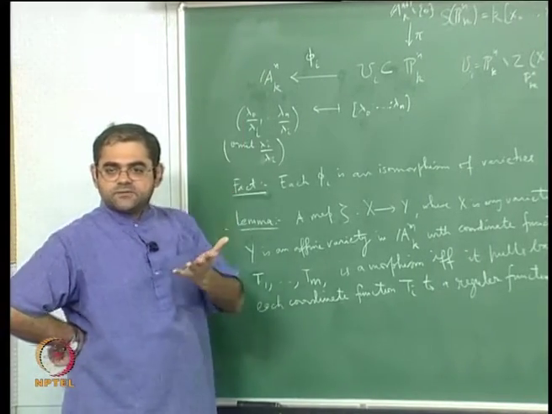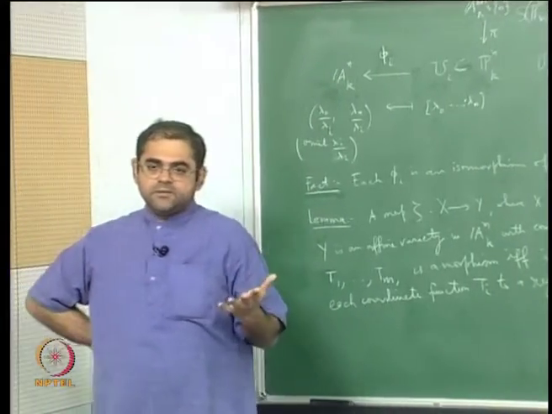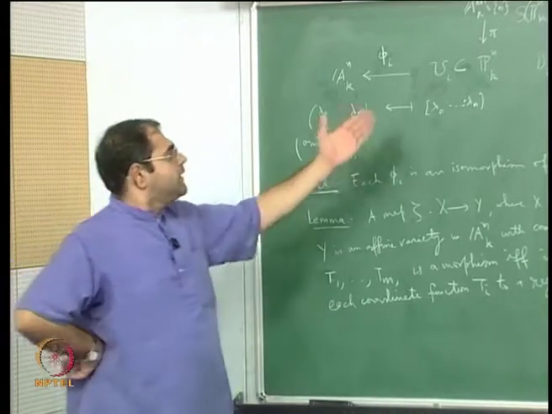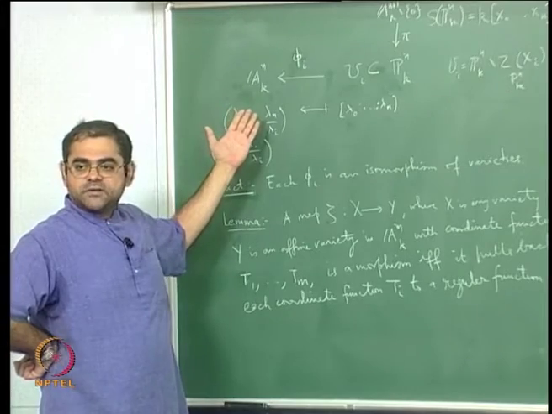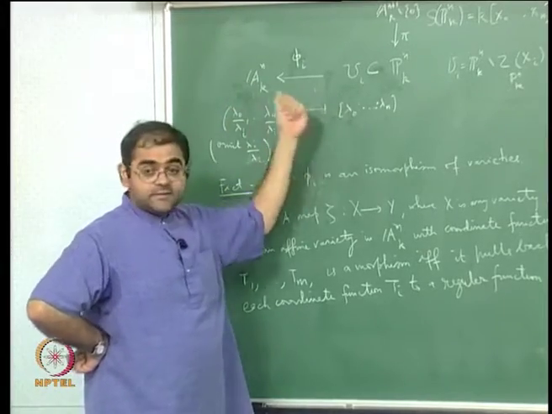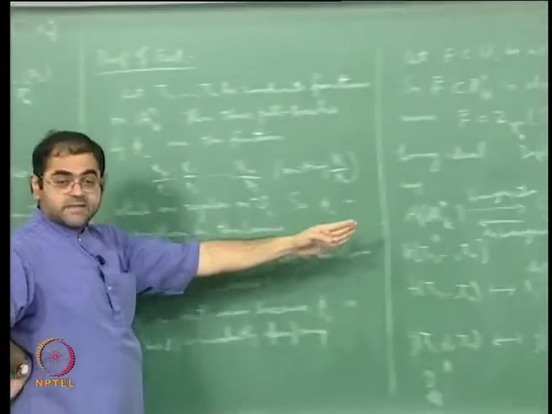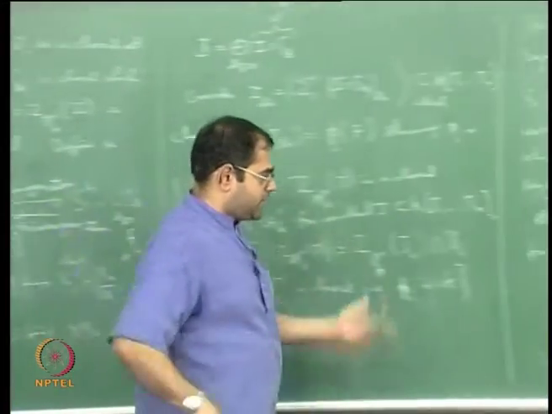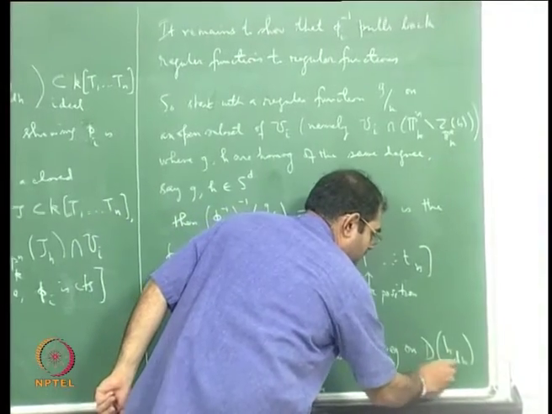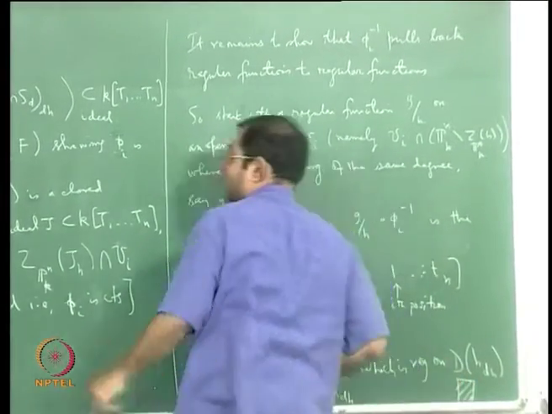But since it is again a quotient of polynomials, it is a regular function on affine space, because a regular function on affine space is supposed to be defined locally by a quotient of polynomials. So pulling back by phi inverse is certainly pulling back regular functions to regular functions, and what's helping is this language of homogenization and dehomogenization. So that completes the proof of the fact that phi I is an isomorphism.